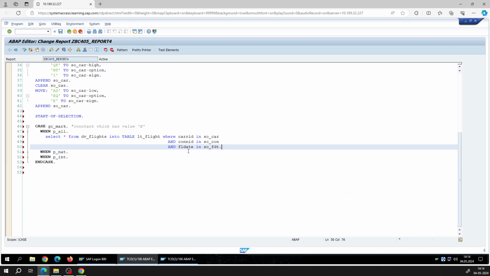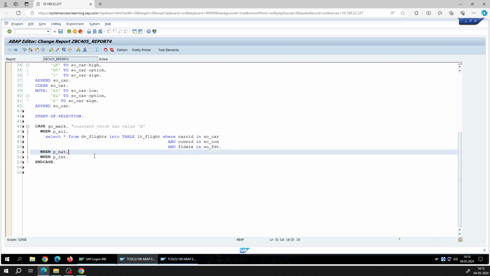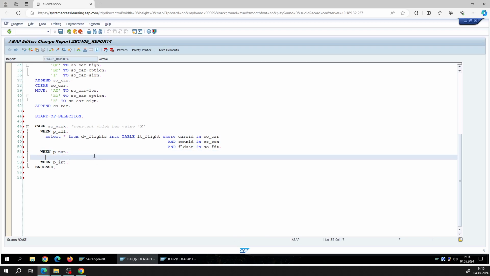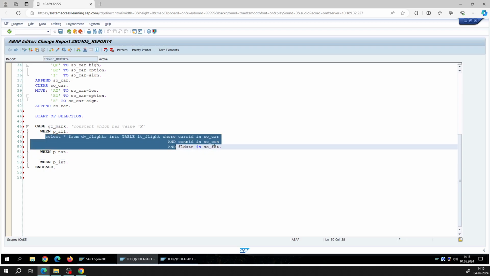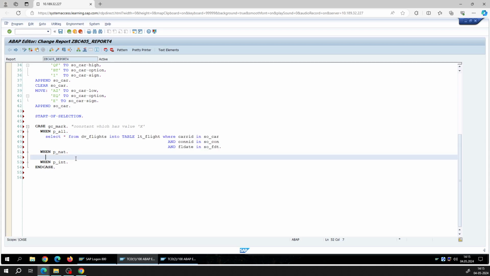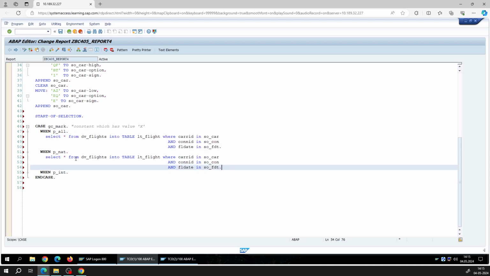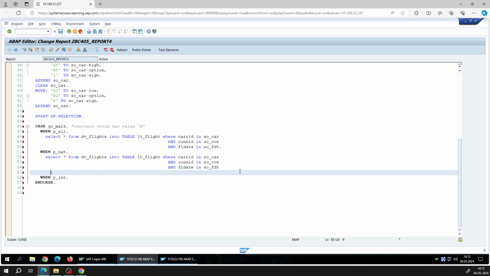Okay, now when the domestic flight radio button has been selected, that means the from country of this table will be the same as the to country, right? So here we need to add one more condition